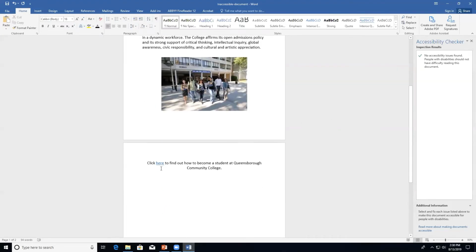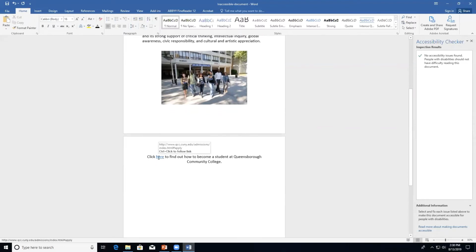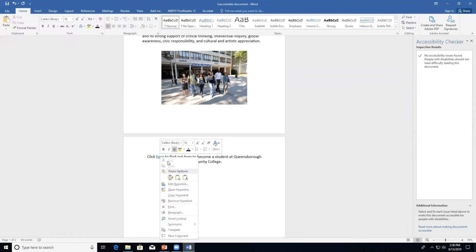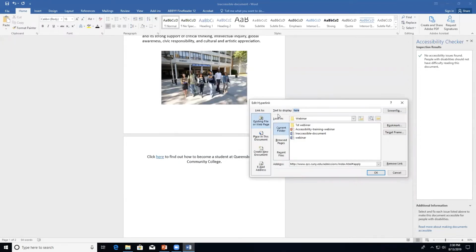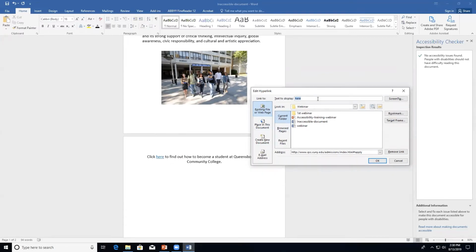And also notice over here, we have a link. And it says, click here to find out how to become a student at Queensborough Community College. The link didn't show up in the accessibility checker because technically this, where it says here, is a descriptive link. Because if we right click on the link and select edit hyperlink, there is text to display, but it just says here, so click here, right? And that's not